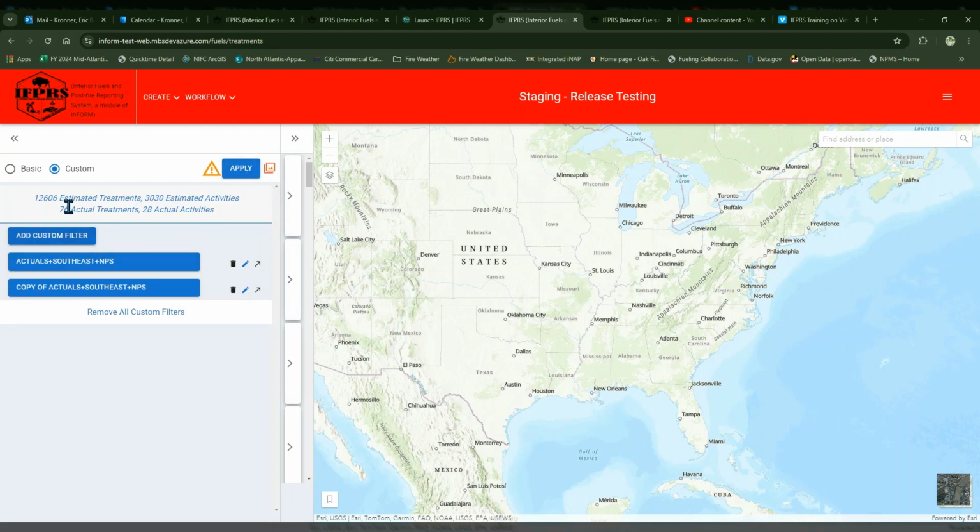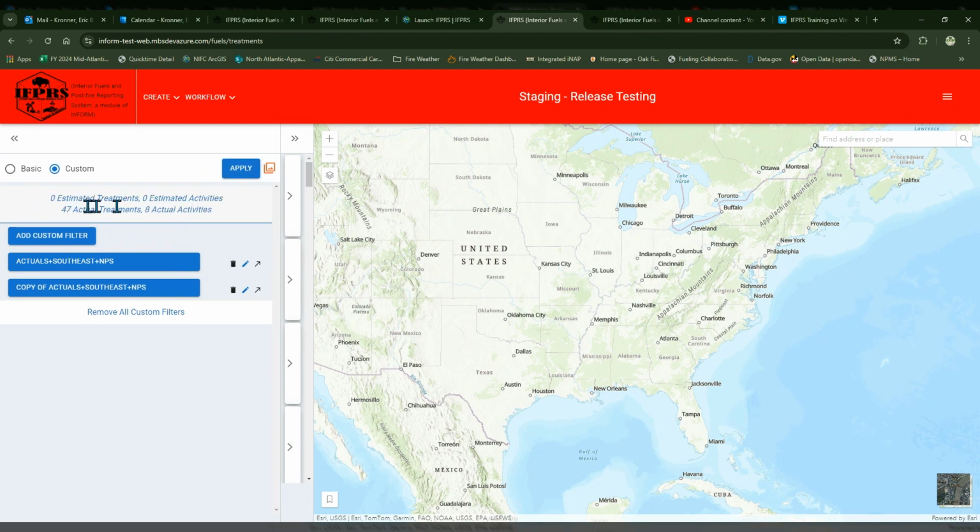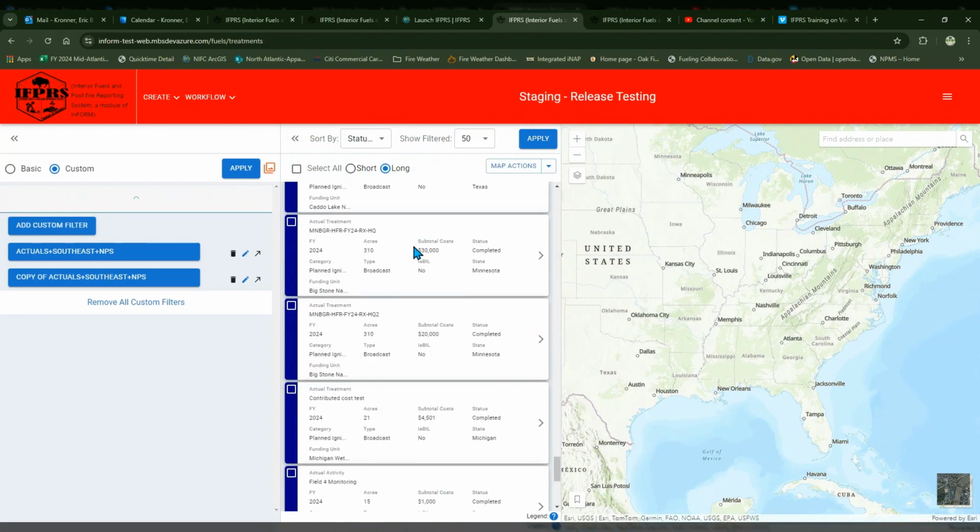At any point that you make a change, you're going to have to hit apply, and that will give you your results. And then you can look in your summary cards, and you can see all the things that show up as